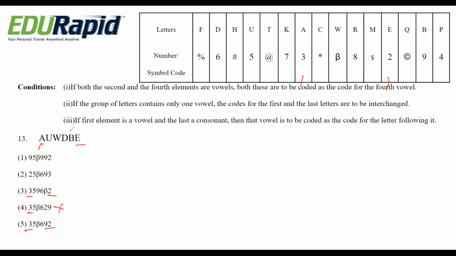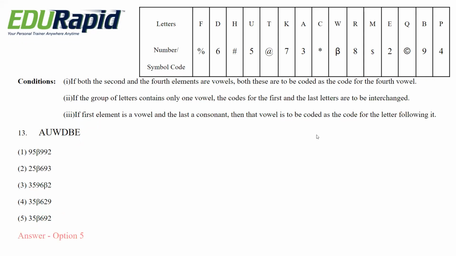Let me check with the last but one, B, because the last but one is different. In options 3 and 5, it is beta and here it is 9. Like this, you have to catch the points, which are the different terms, the hint which I told in the earlier problem. For B, from the table, it is coded as 9. So for B, 9 is right. That means option 5, 9 is present. Option 5 is the right answer.